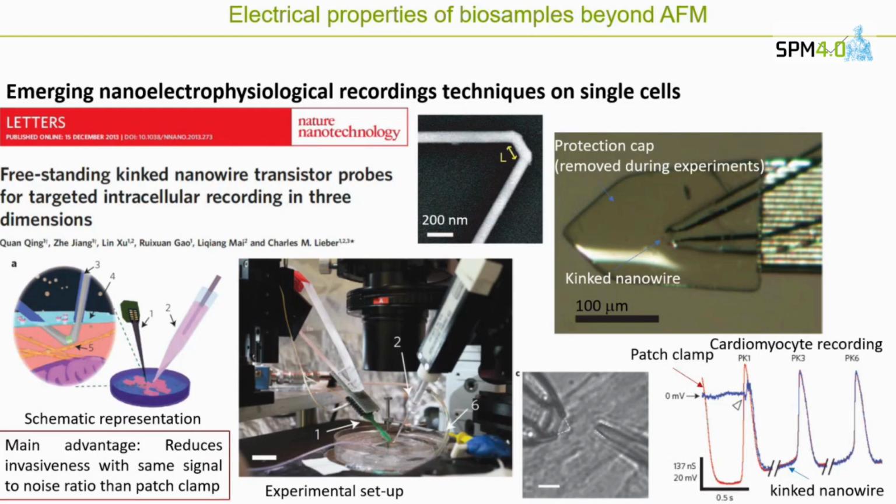There are some automatic systems, but they also have their limitations. So people are now trying to develop alternatives to patch clamp that perform better than patch clamp. Okay, so in here, for instance, what they have fabricated is a transistor. They put an integrated transistor here, and basically the transistor was then immersed into the cell. You see, this is the transistor. It was put into the cell, and then they recorded the signal from the transistor,